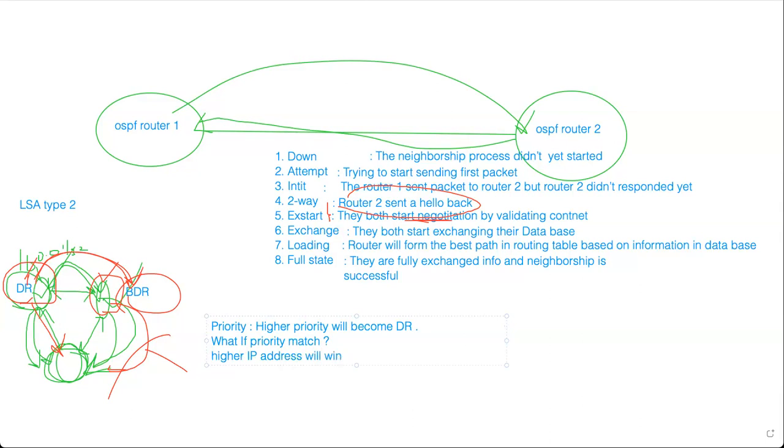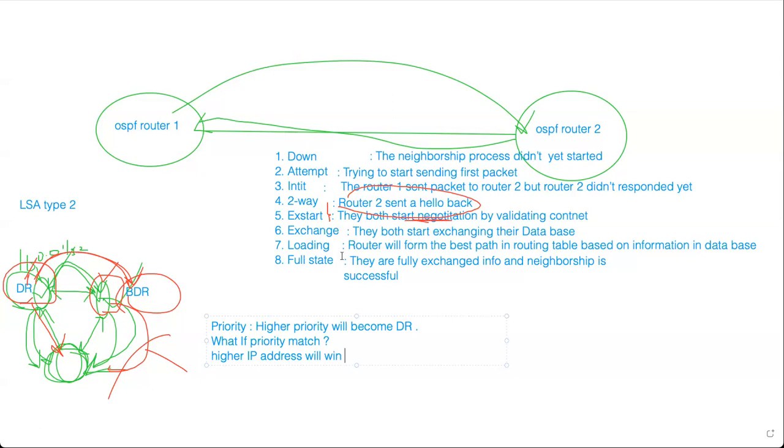If the priority matches, the higher IP address will win the election. So it's opposite, because it's a layer 3, it's a router, it will consider the IP address. So whichever has the higher IP address, that one will win the election. Okay,